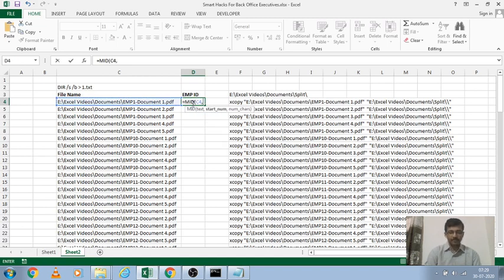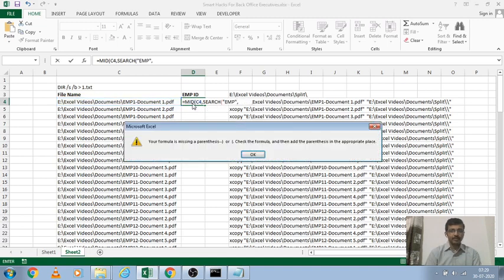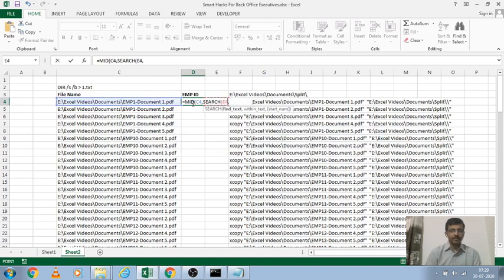It means SEARCH, in quotations, I am just typing EMP in this cell, starting with 1.